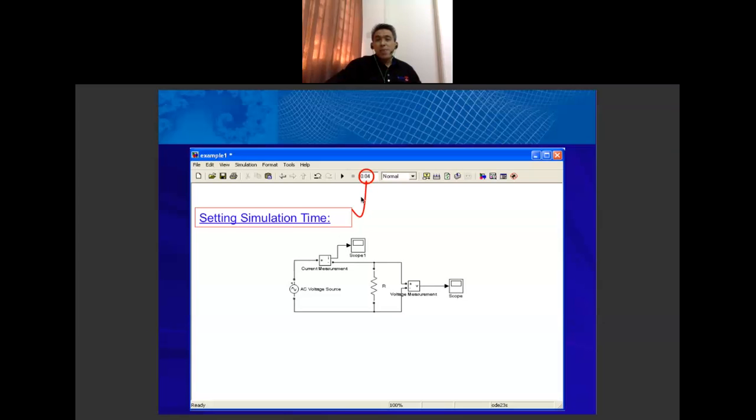For 2 cycles, we have to set the simulation time to 0.04. 0.04 means we want to simulate this circuit for 2 full cycles. Just set 0.04 for the simulation time.